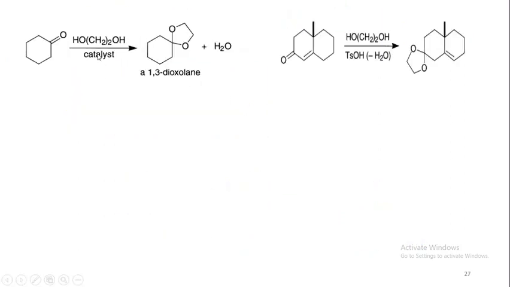These are some examples. Here a simple ketone is present and it can be protected by means of diol. This is the 1,3-dioxolane. In this example, this is the alpha beta unsaturated. Same case, due to this unsaturation, the carbonyl carbon is less electron deficient, therefore the alpha beta bond is migrated to the beta gamma position.